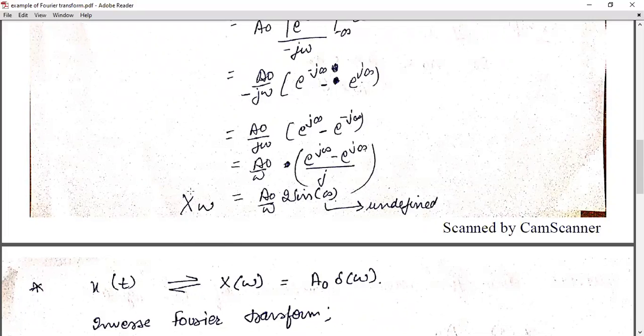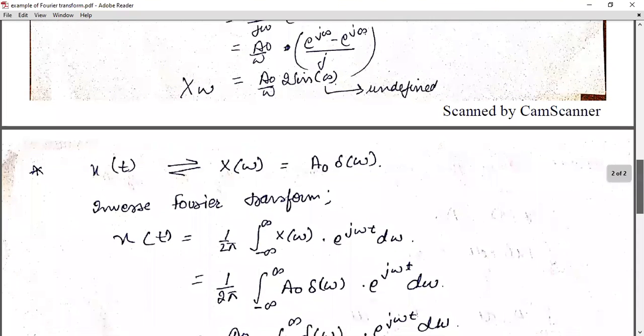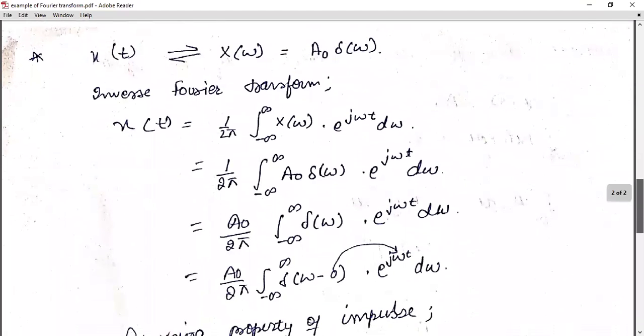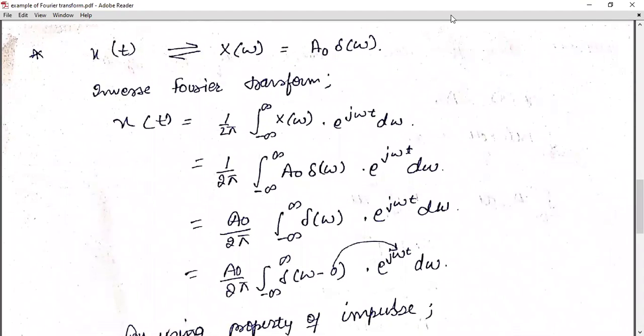So the whole Fourier transform for a DC signal will be undefined if we solve it with this method. So for finding the Fourier transform of any DC signal, we are going through this method. The first two methods are not useful. So here we can use x of t, and the Fourier transform of x of t is equal to X of omega. We can also write it, in place of the direct DC signal, as a naught multiplied with the impulse function del of omega. So now we will